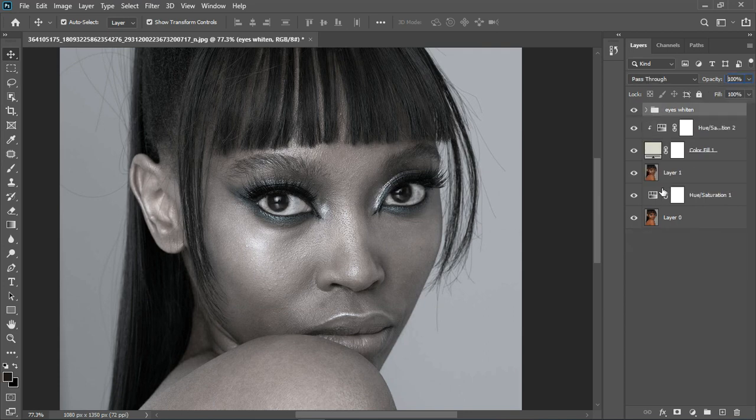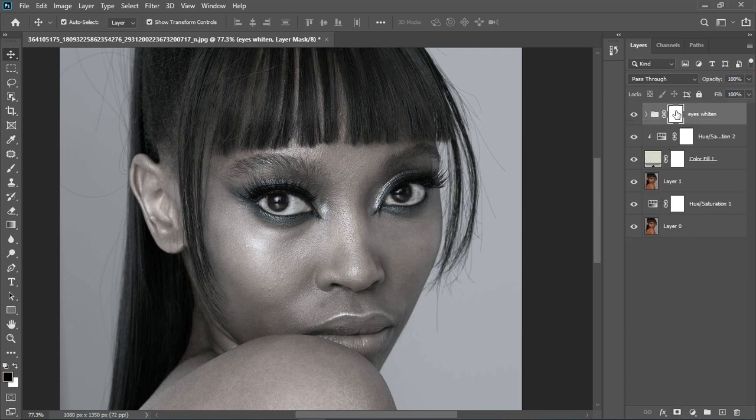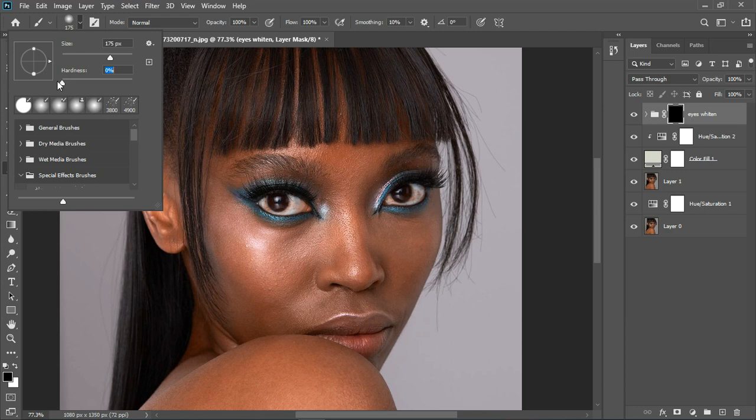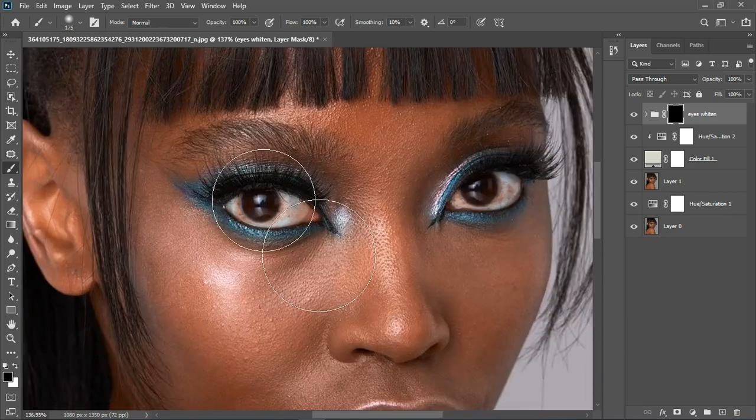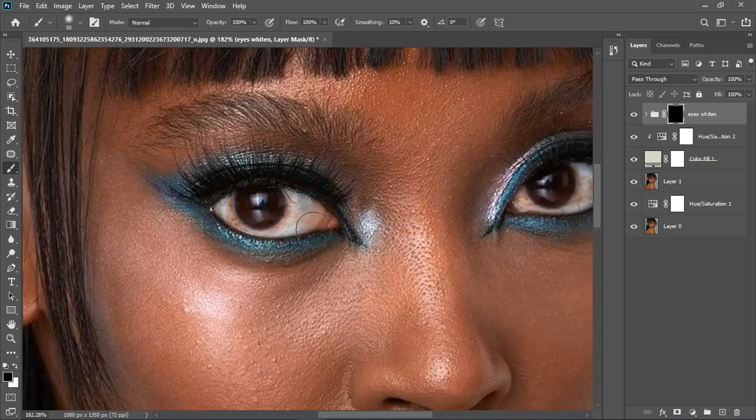I'm going to close it and then create a mask for it. Now I'm going to invert the mask, Ctrl I, and grab my brush tool, lift it on it. I'm going to make the hardness soft, and then let's close it back. Let's zoom in, increase the size of the brush, and we're going to paint with black